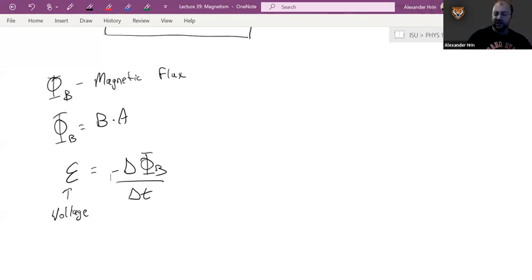So I hope this gave you a little bit of a primer. Again, don't worry about memorizing these equations. I'm not going to give you any problems on them. But hopefully that was